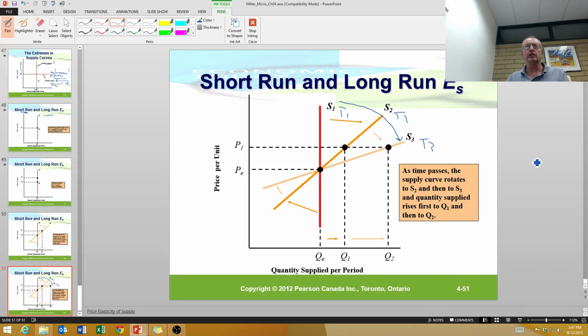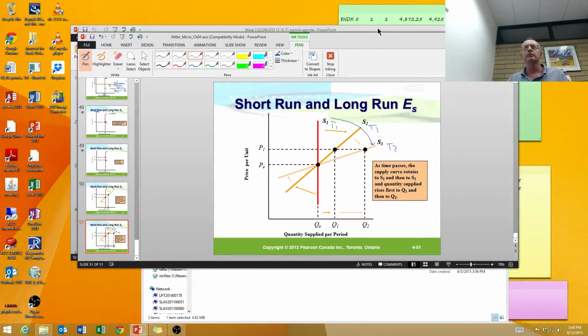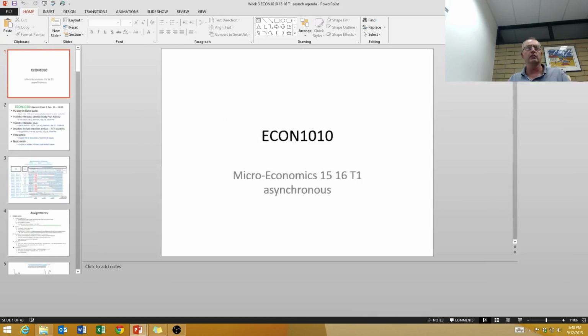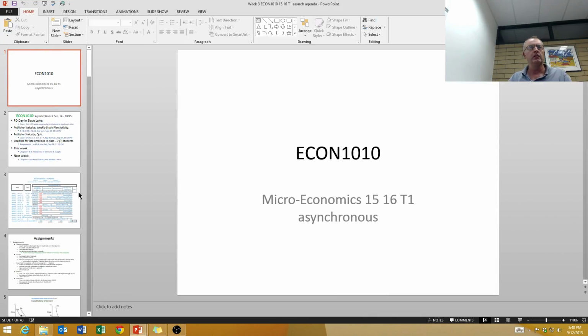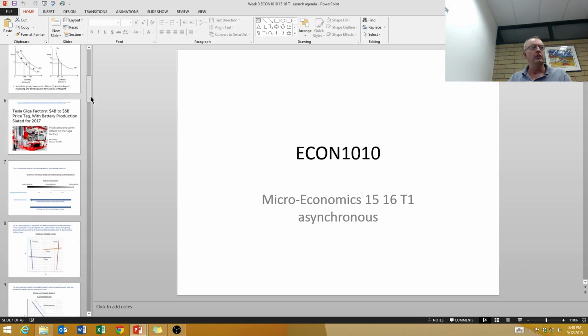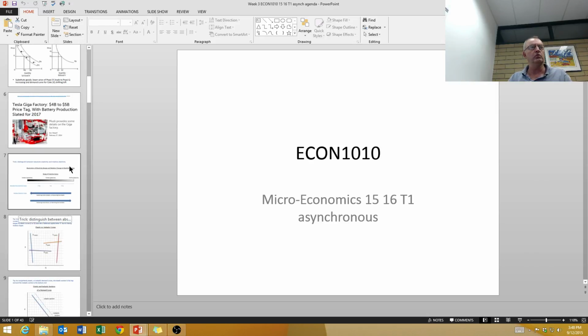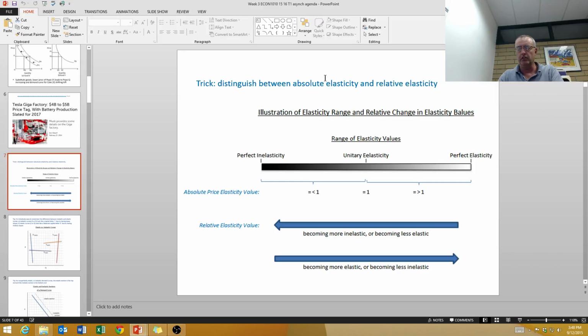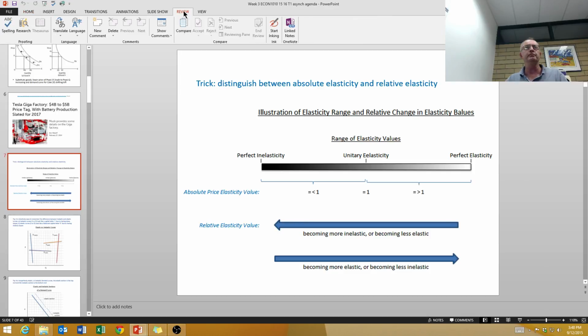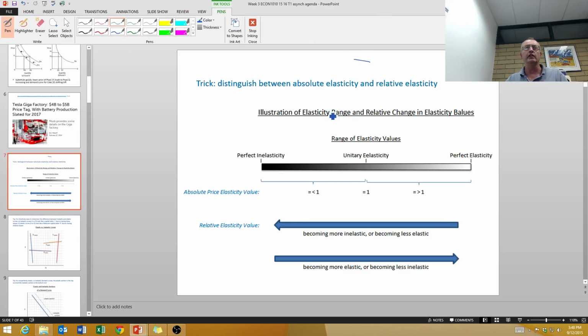Okay, so I mentioned at the beginning that I have some summary slides that might help you get some of this supply and demand curve elasticities. So let me just find it here. Okay, so this is one thing that I was going to bring to your attention to help you understand how elasticities work. When you speak of elasticities, we can kind of use it in two senses. We can either refer to elasticities in an absolute sense, and this is the sense that the book was